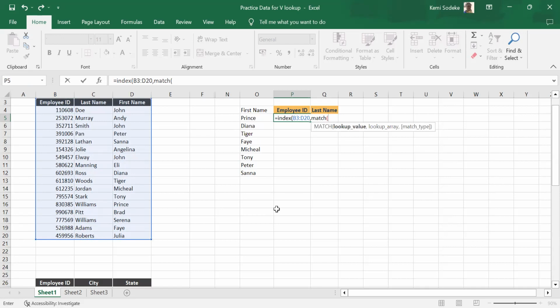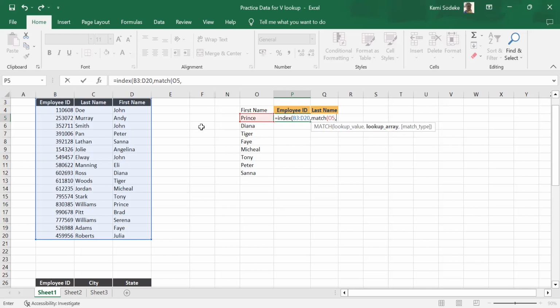Then the lookup value, we're looking at 05, comma. Then the lookup array. We're looking at the